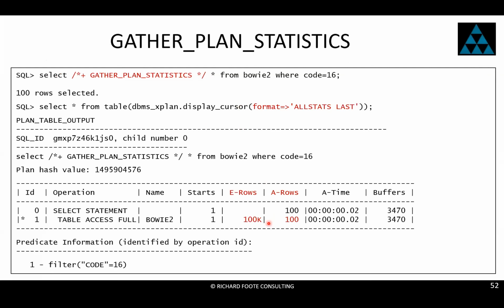What you're looking for is what part of the plan does my estimate not match my actuals? And that's often where you need to focus. I've got a point in my plan where Oracle's estimating 100,000 rows, but in actual fact, he's only retrieving 100. So clearly, I've got some deficiencies in my optimizer stats at this point,